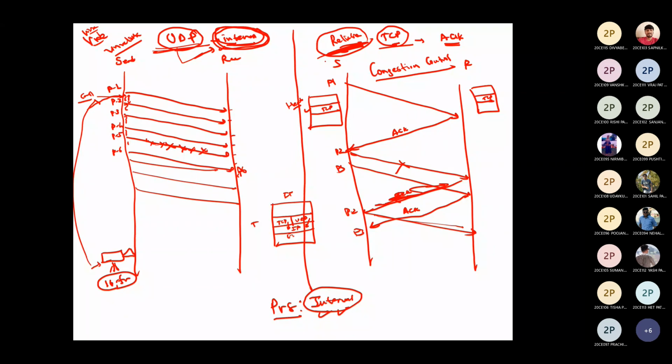Okay, so we'll see in the next slide what the congestion control algorithm does and why there is a congestion control algorithm. We will see first why, and I will explain what exactly is meant by congestion control. But do you understand that the sender TCP layer interacts with the receiver TCP layer by means of the header? If the packet is received at the receiver side, it will reply to the sender. This is the acknowledgement of the received packet. Are you getting it?